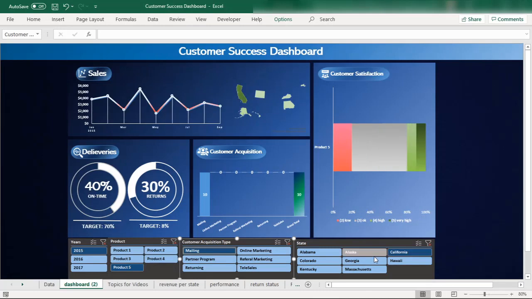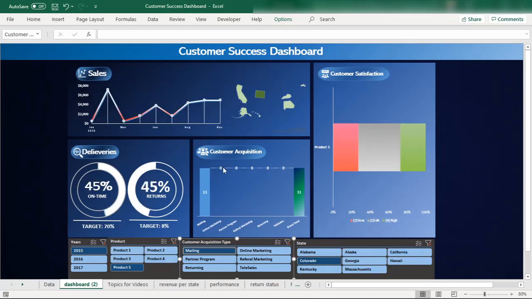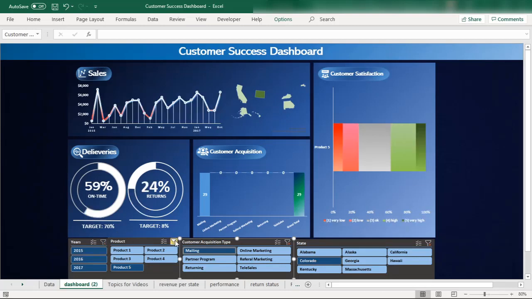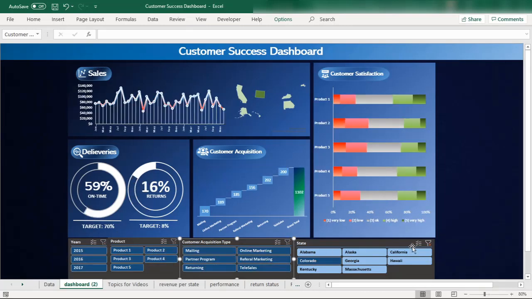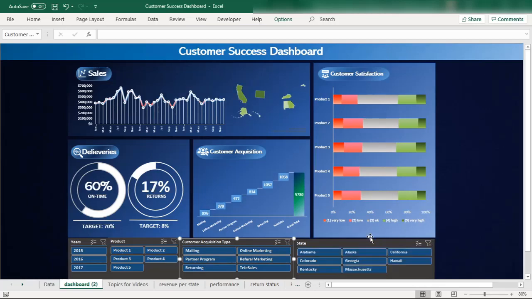Like look at here, you can check each of the areas, each of the data, and each of the charts changes interactively along with the map, along with sales, customer satisfaction. Each of the charts changes interactively with each of the slicers, buttons. Like these are the buttons, and when you click on any one, these all have an impact. It's so interactive that it impacts all the charts and all the data. So you can segregate your data based on these